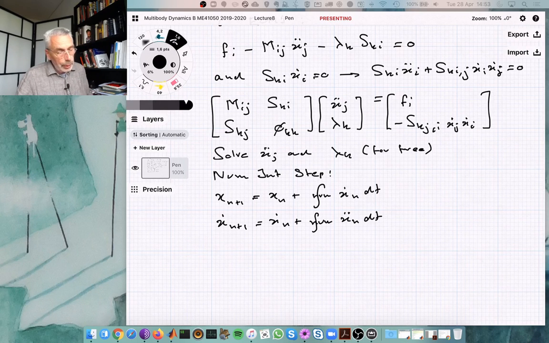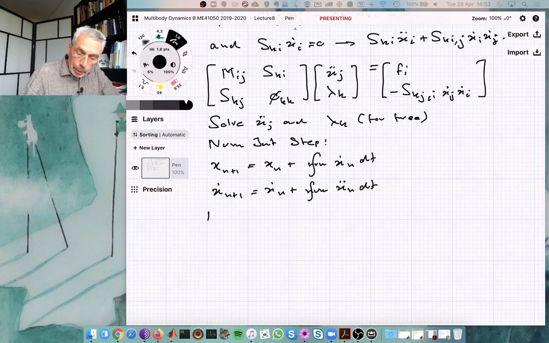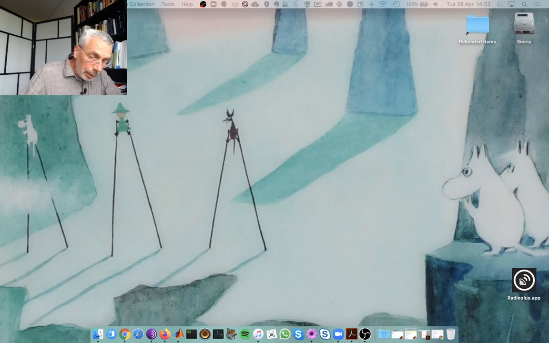But note, of course, that we get new coordinates. So the new coordinates, x n plus 1, well, they are okay. They are okay because we have no constraints on the xi's. But then the new velocities,